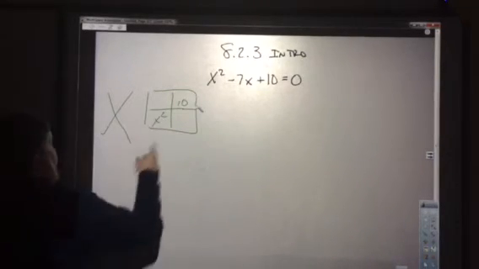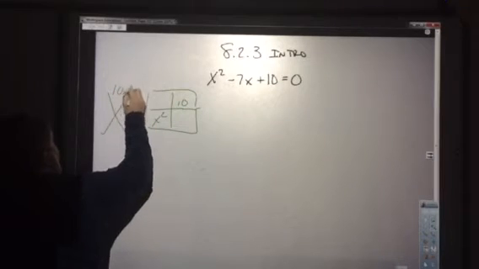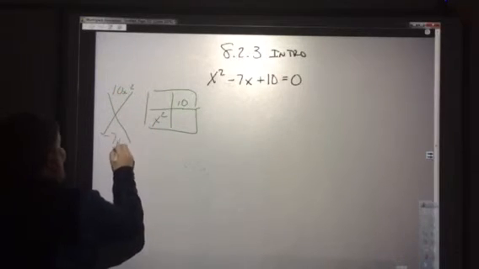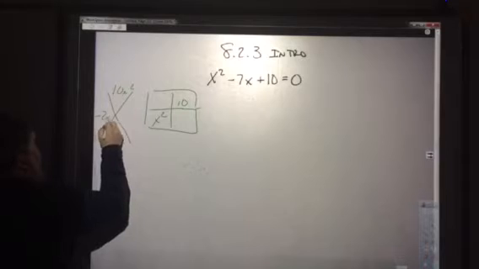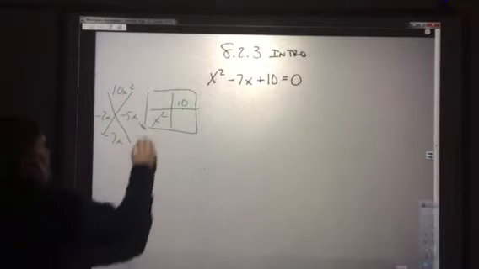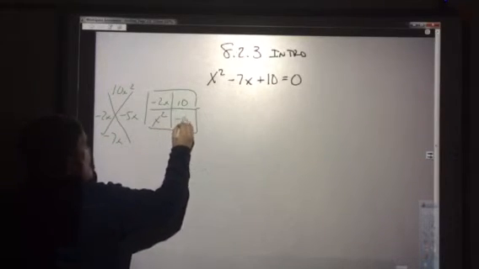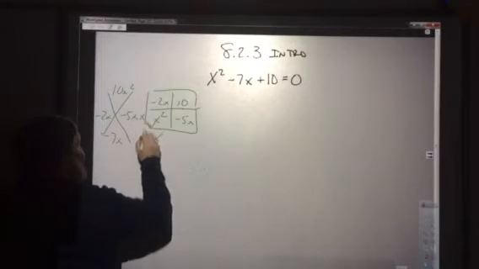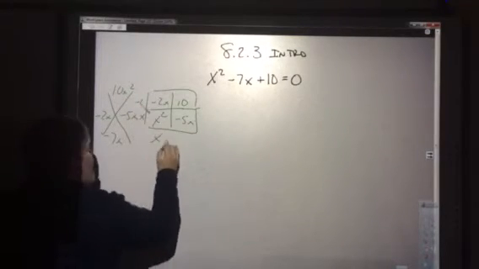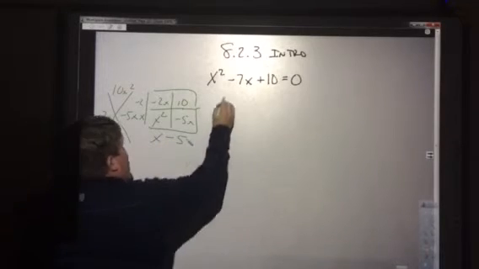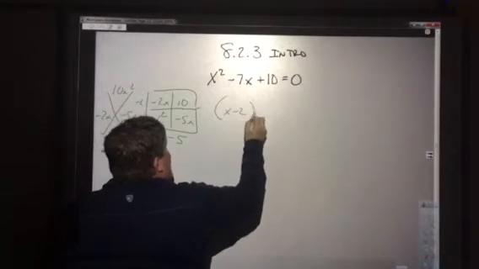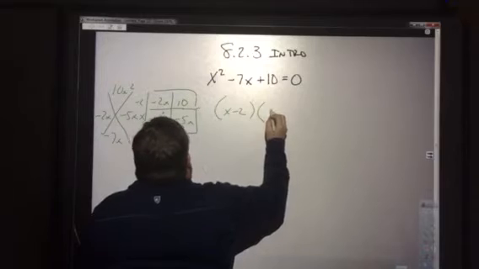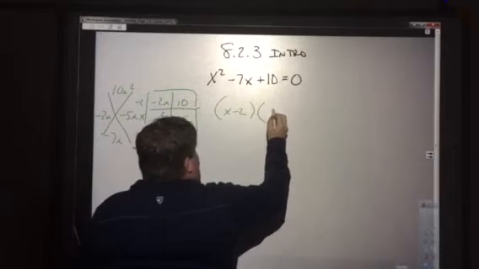So we get 10, which needs to add to negative 7x. So that's negative 2x and negative 5x. Remember, you've got to place where those are. So I'm going to go x and x, minus 2, minus 5. So I get x minus 2 times x minus 5